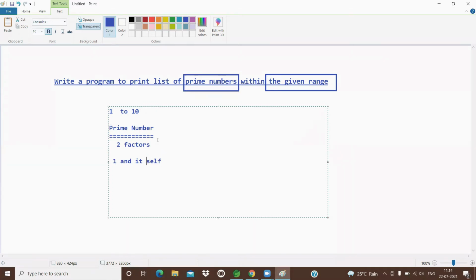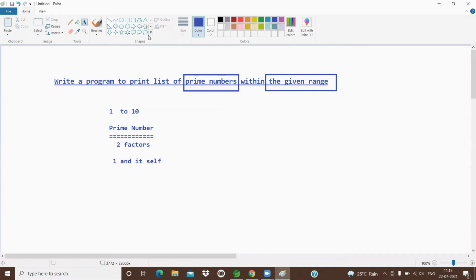So how do we write the logic to find the list of prime numbers within the given range? First, I store the starting value of the range in one variable, and the ending value of the range in another variable.